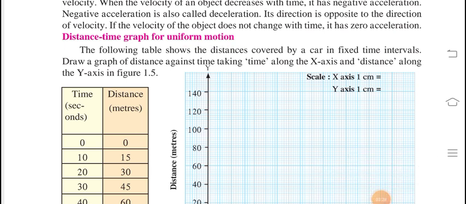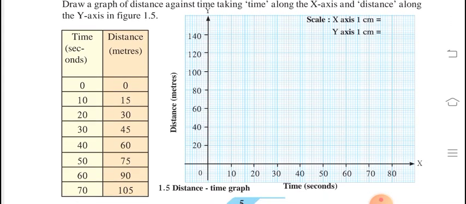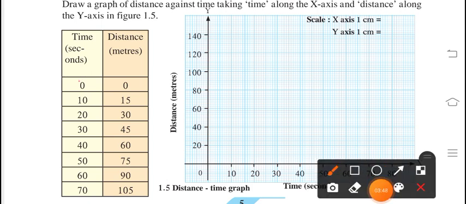So now we will go ahead with the graph, how to draw it. Now we have time and distance. You may have studied in algebra how to draw a graph. So we make an x-axis and y-axis. On the x-axis we take time and on the y-axis we take distance. Seeing this time and distance variation 0, 10, 20, as per that we have written here 10, 20, 30 and all.